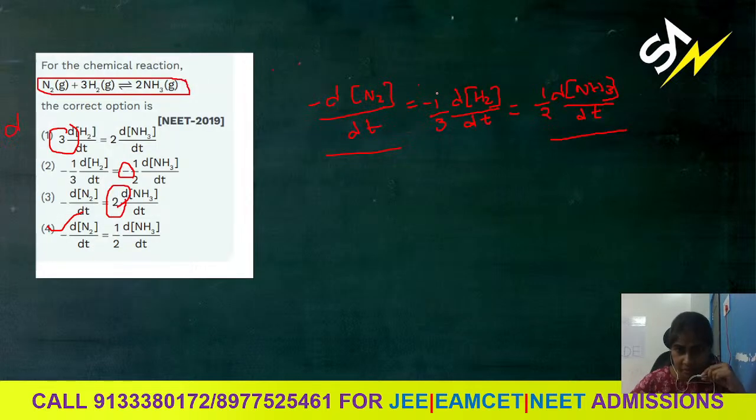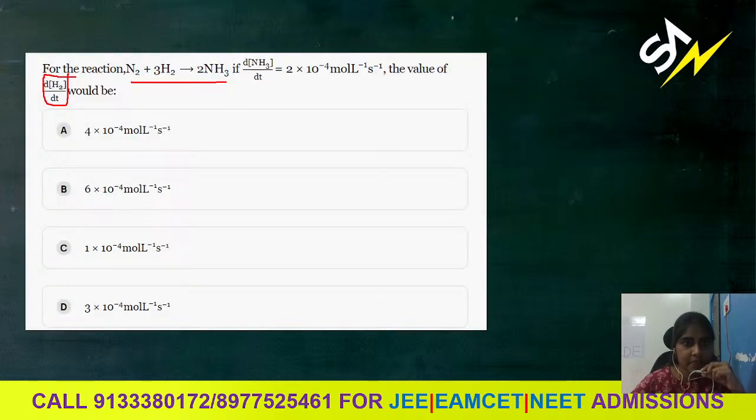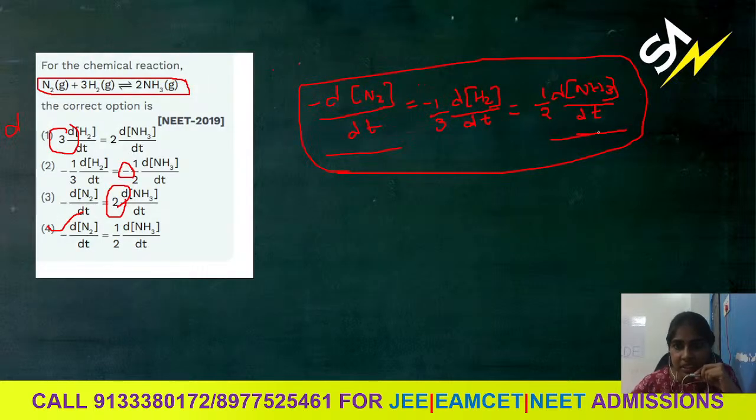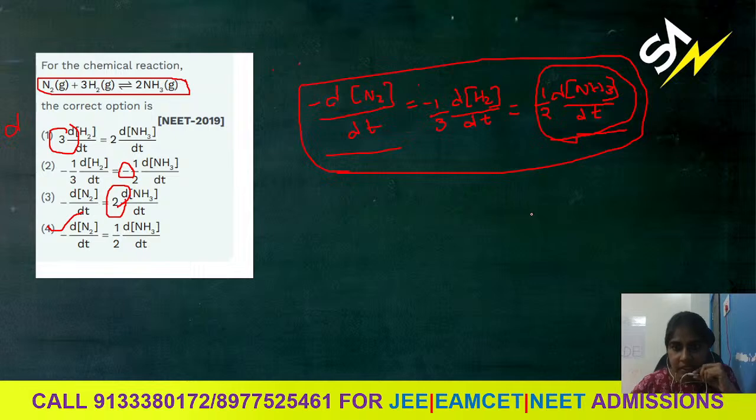So by applying this rate equation, we can solve this question. See here, d[NH3]/dt is given as 2 into 10 to the power of minus 4. So if we apply it here,